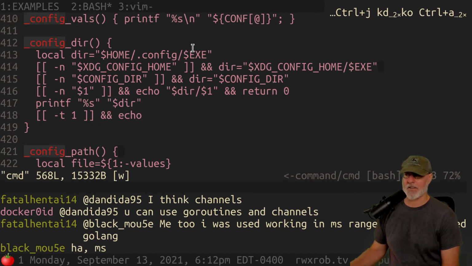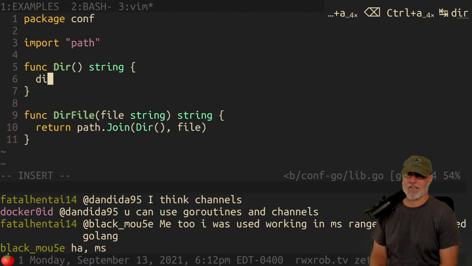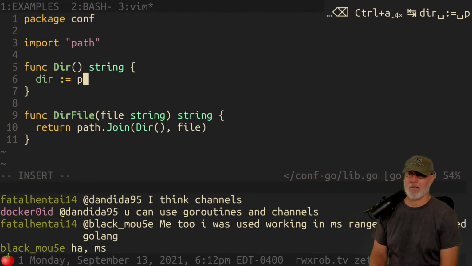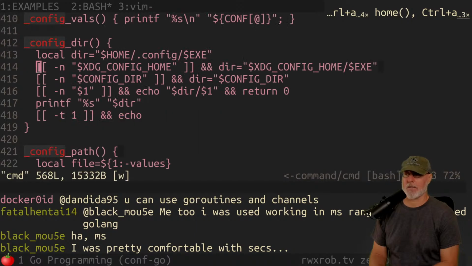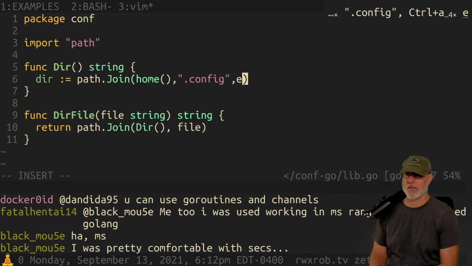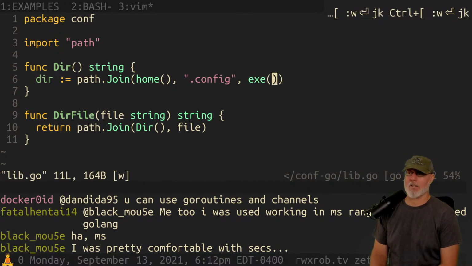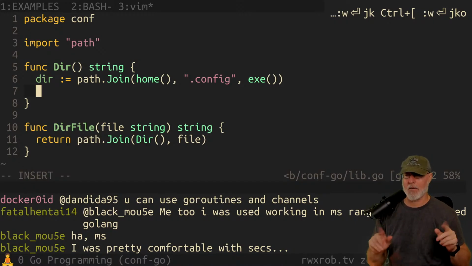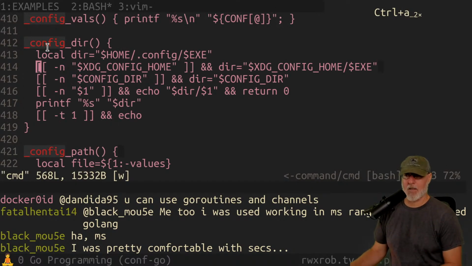So rather than just chain these all together, I could do this. I could say dir equals path.join, and I could say home, comma, dot config. This is the literal exact translation of that line. That is the direct port of the line. What I'm trying to tell you is that because I'm writing in Go and I'm making it more enterprisey and safe, this makes me uncomfortable. Why does this make me uncomfortable? It didn't make me uncomfortable over here.